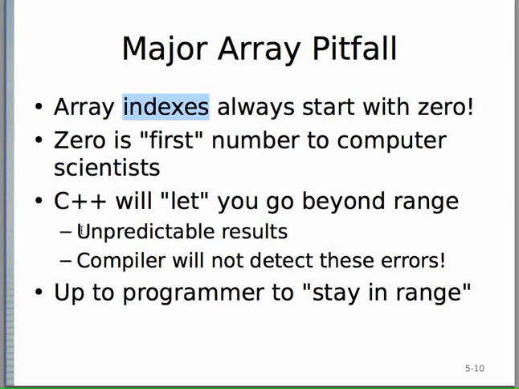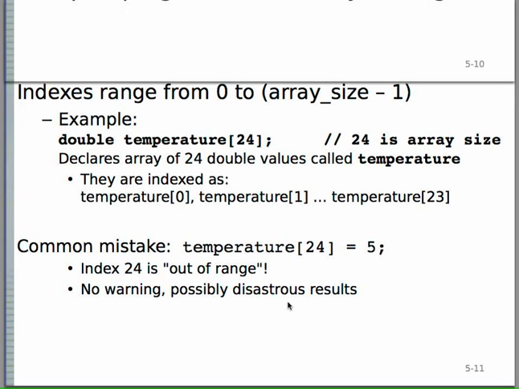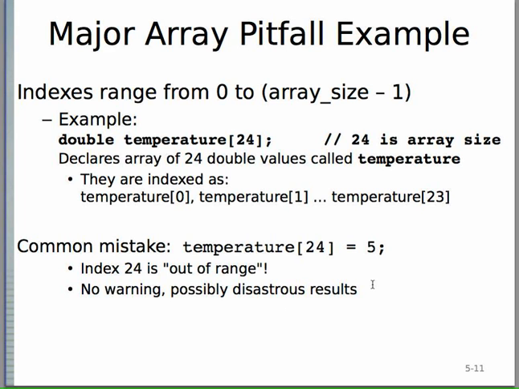But in C++, you will get unpredictable results, while in Java, you always get an out-of-bounds exception as soon as you go one beyond the bounds of the array. And the compiler, in either case, will not detect these errors. It is up to you, the programmer, to stay in range. Okay, so there's a simple